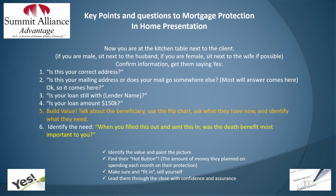And then you know what I'm going to do? I'm going to build the plan around the death benefit. I'm not even going to go into showing them options with disability or money back or anything like that. I'm going to confirm that's what they were looking for. I'm going to let them know what it's going to cover, and I'm going to give them the 3 options